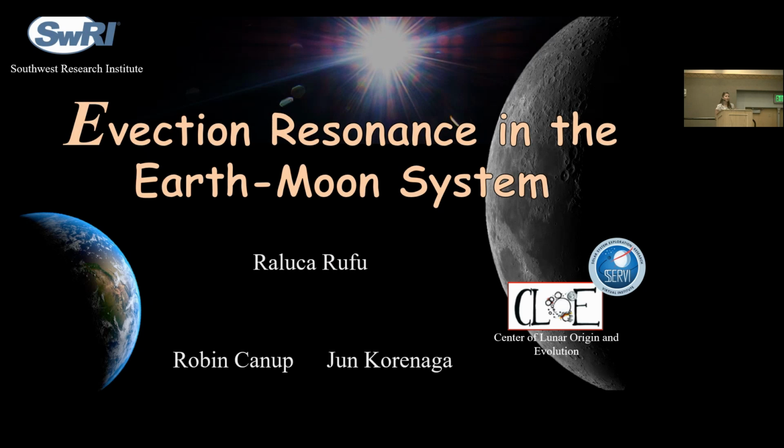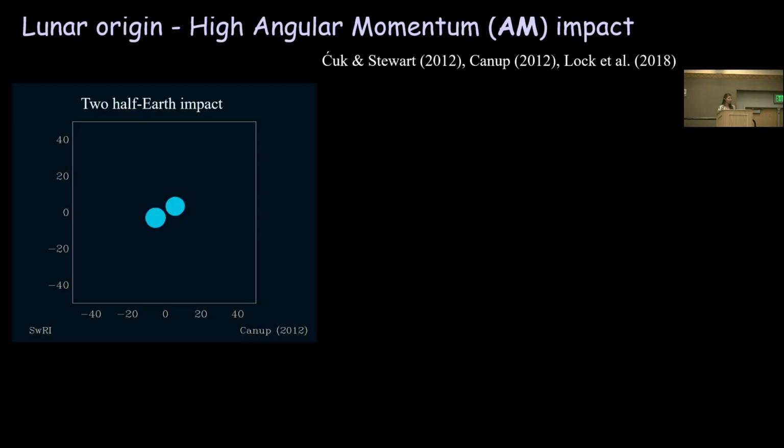So Brenna talked to us about forming the moon after a canonical giant impact. And these impacts typically leave the Earth-Moon system with an angular momentum that is consistent with the current value. However,